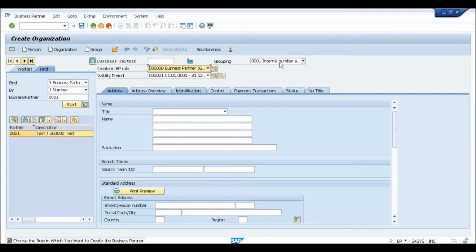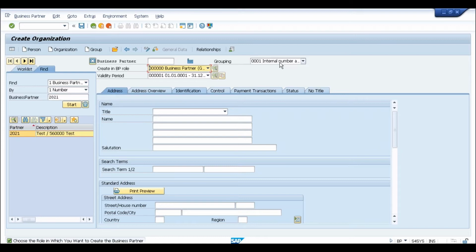Standard SAP never provided groupings like that, right? Sold-to and ship-to, separate ones? From the business partner grouping point of view, they are not provided, but we can always create that. That is not an issue. So what we can do is, a sold-to can have a number range of 1, ship-to can have 1-2, and if we have a payer, say 1-3, and if we have a bill-to party, you can have an external number range of anything. We can assign the same number range to the business partner, which will go to the customer. Exactly.